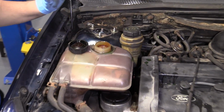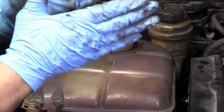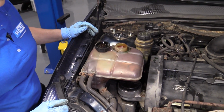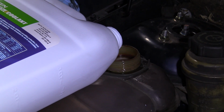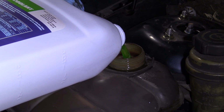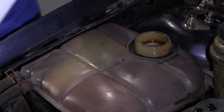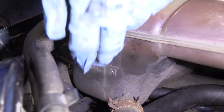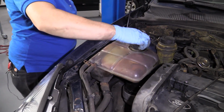Now we can get our coolant, fill up our overflow. I'm going to use a vacuum device that sucks all the hoses flat, gets all the air pockets out of the system, then it forces the fluid back in, tries to make sure there is 0.0 air in the system. Now I'm going to fill the coolant. This is the overflow tank. It is the only fill for this car, so you don't want to bring it right up to the top. You want to keep it right about this level. It's kind of hard to tell with this. Here's the max line and the min, because it's so old and stained. But I'm right there, so I'm going to put my cover on,